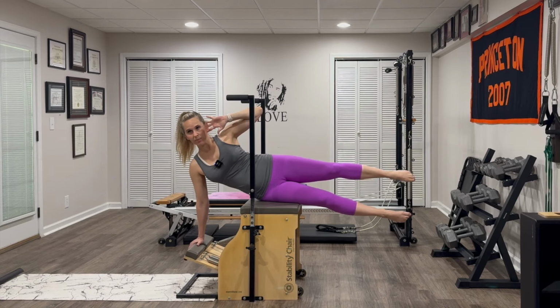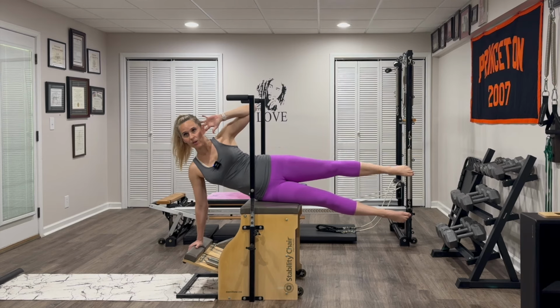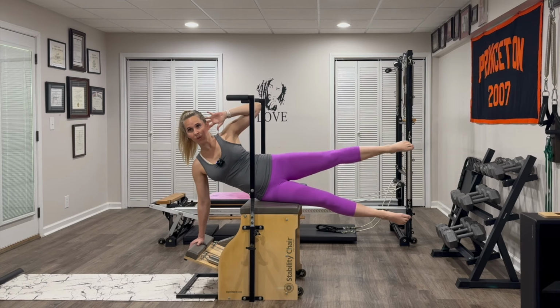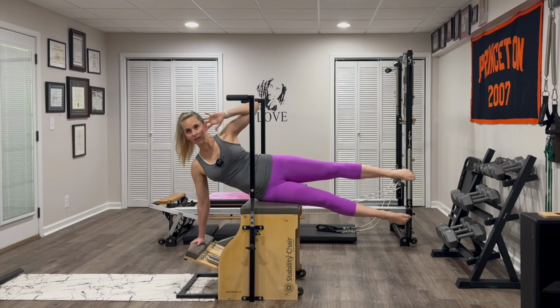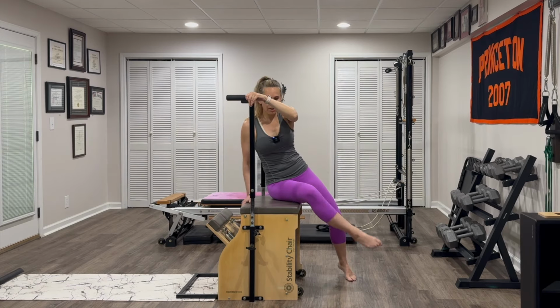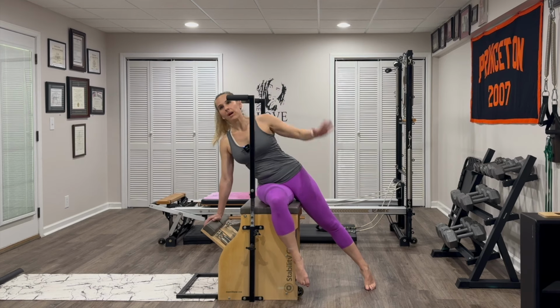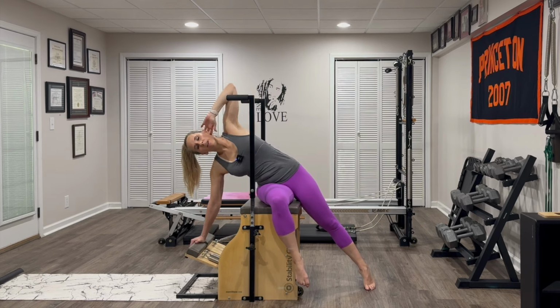Now little lifts with the leg. 10, 9, 8, stabilize that core. 7, 6, 5, 4, 3, 2, 1, and lift all the way up. Now you're gonna bend that right leg. We're just gonna go into a stretch, straighten the left leg, hand back on the pedal, press the pedal down,